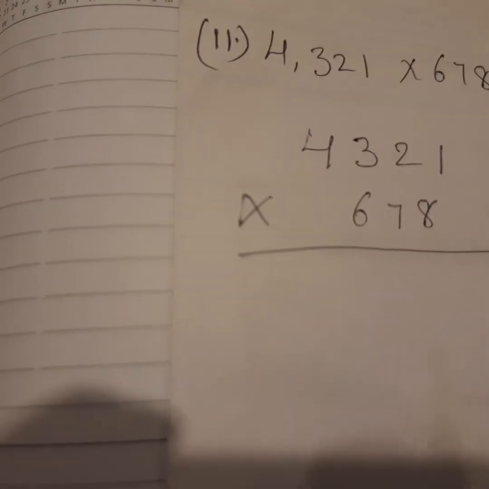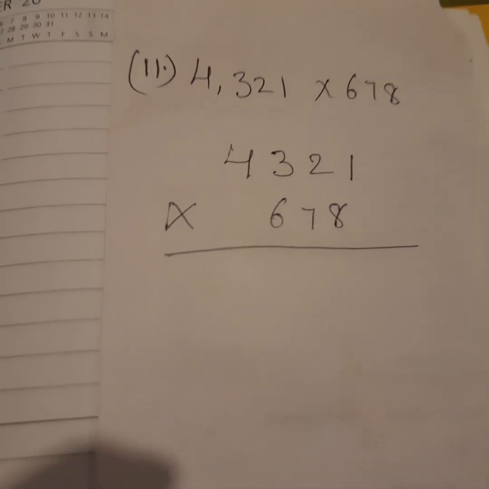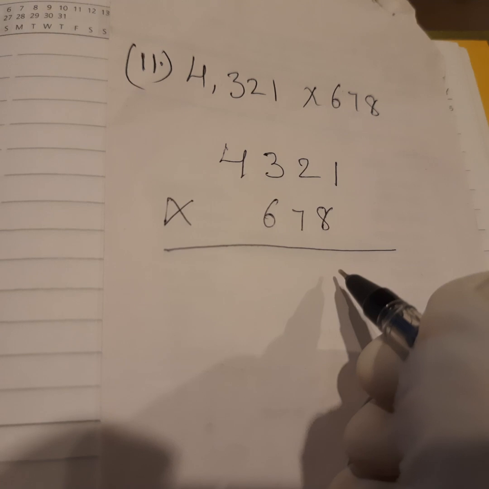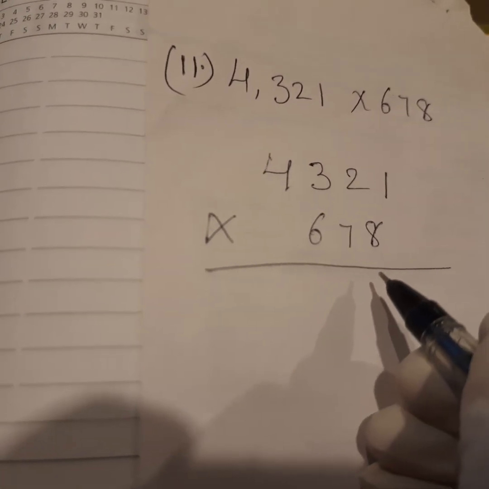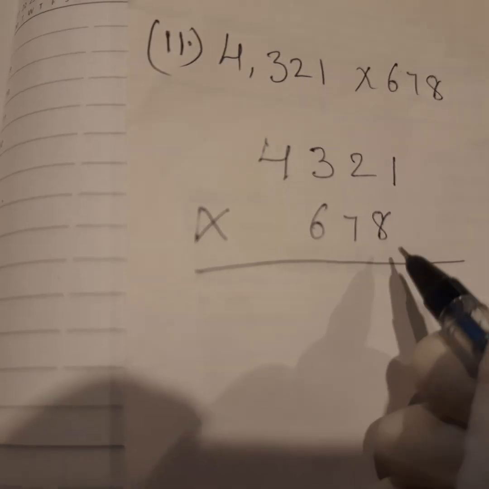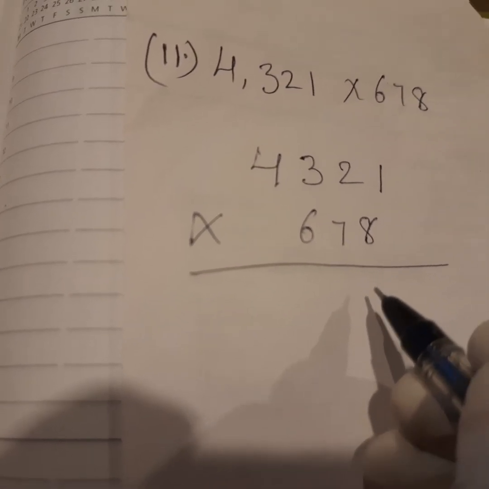Okay, and there was also a query whether we should put an x or 0. Put anything, children, it doesn't matter, even if you leave space. But since you're small, if you leave space you make an error and fill it up later, so it's better you put a 0 or a cross. There's no harm in that.